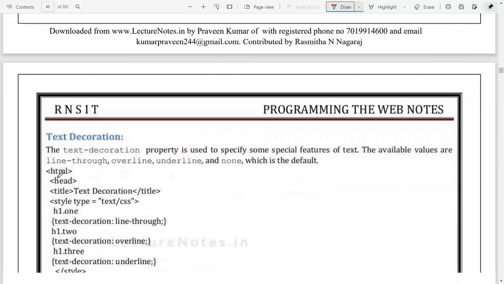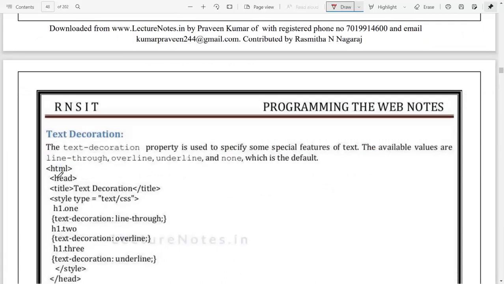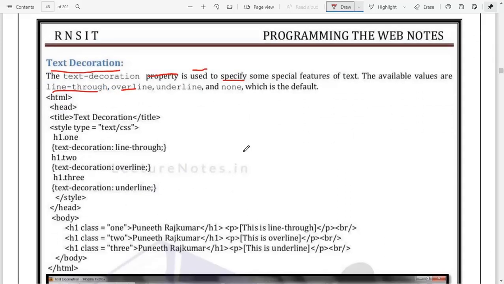Next, coming to the next type of property or styling, what you have is called text decoration. Text decoration is used whenever you want to add additional designs to the text, like line-through. Line-through is just like this, and there is also underlining. So overline is a line above the particular word, or underline, or something like that. If you want to use those types of styles, we'll be using this property called text decoration, which can use